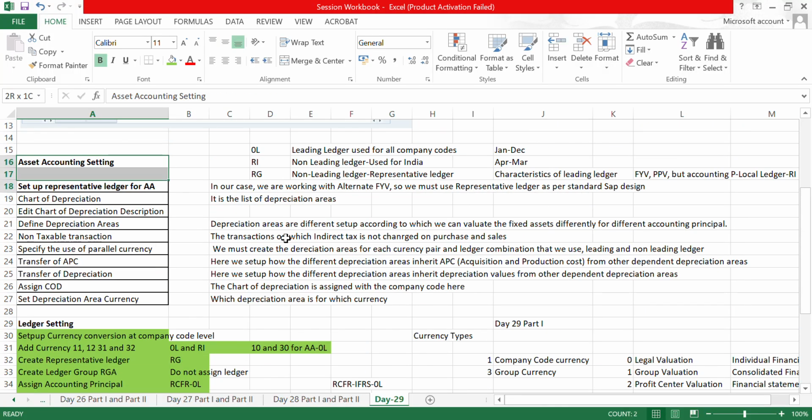So we have completed this particular step and we know the logic why we need to create the representative ledger in asset accounting. If we had been using only one financial year variant, we would not need to perform the steps for creation of the representative ledger. But since in our example we are using multiple fiscal year variants, which are April to March and January to December, there was a need to create the representative ledger,